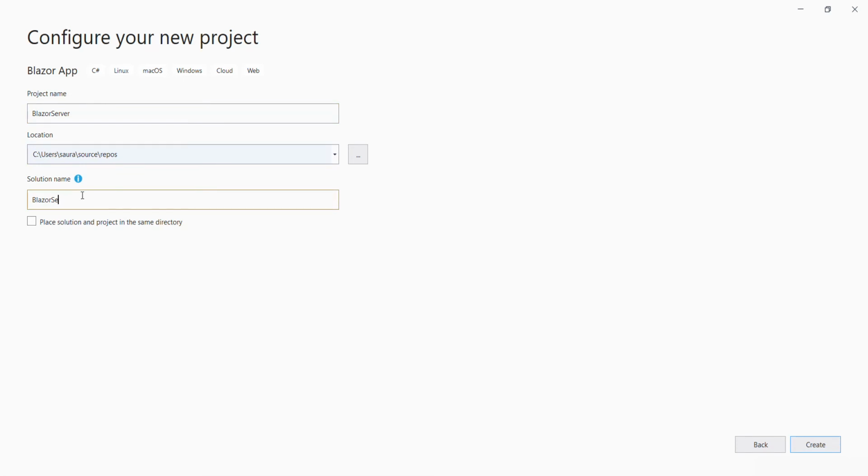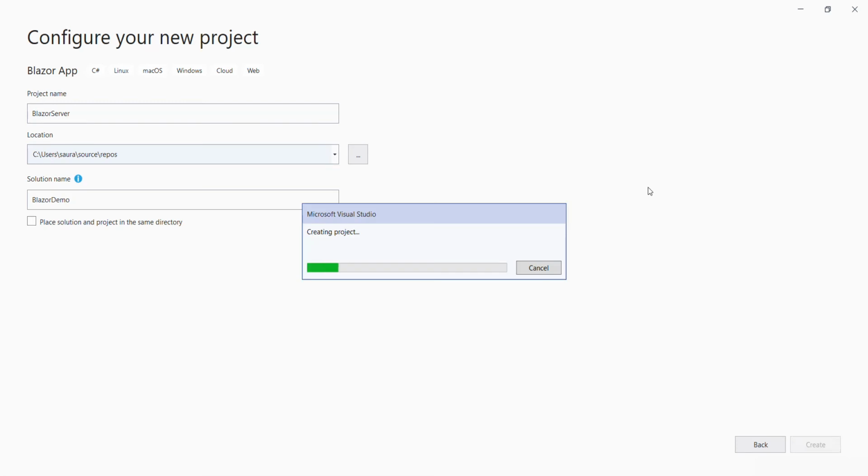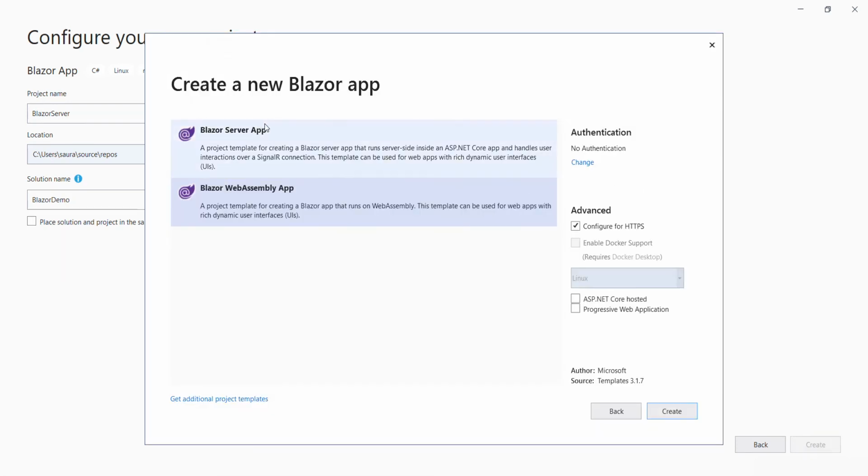This is a Blazor demo. After that, click on the create button. Here you have to choose which type of hosting model you want to select, whether it is a Blazor Server app or Blazor WebAssembly. For now, I'm choosing Blazor Server app. If I click on create,